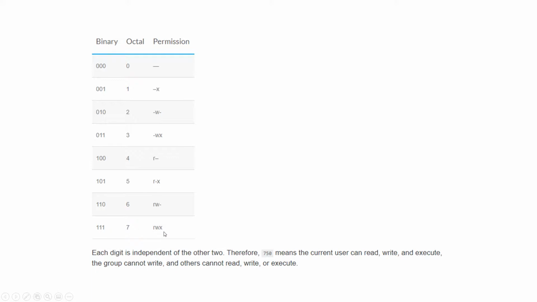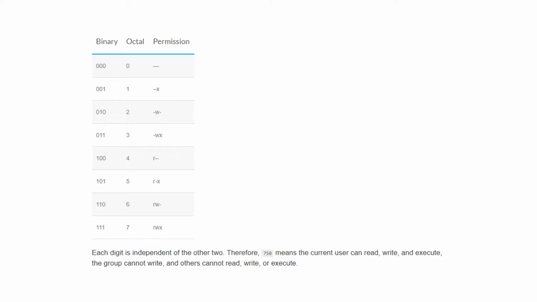And as I stated before, we have to give 3 numbers. And so if you wanted to give everyone, the user, the group, and others, full read, write, and execute permission, remember that 7 represents read, write, and execute. So you'd give 7 for user. Then you'd want the group to have all 3, so you'd give the group 7, and then you'd give others 7 as well. So the number ultimately that you would put into the command is